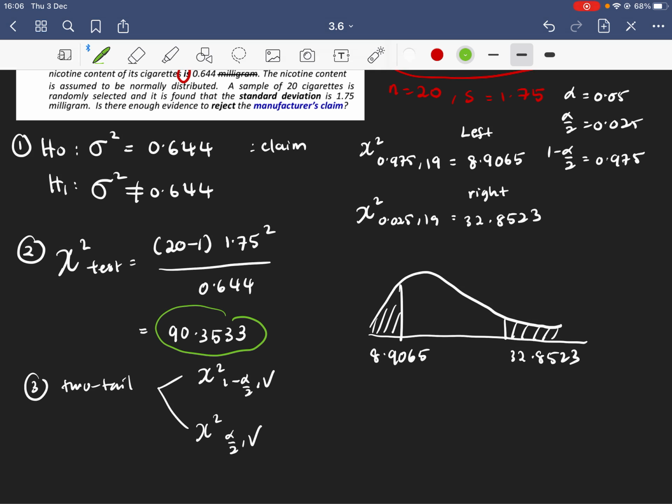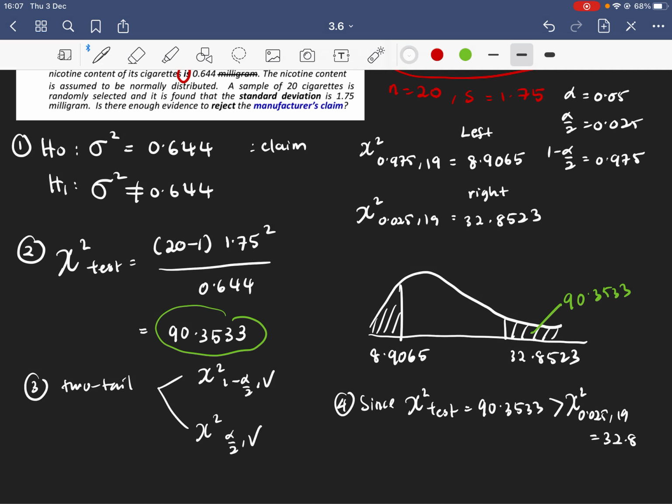90.3533. Where is it located? Is it in the rejection region or acceptance region? So 90.3533 is here. It is greater than 32.8523. So we reject H null. Since chi-square test equals 90.3533 is greater than chi-square 0.025, 19, which is 32.8523,